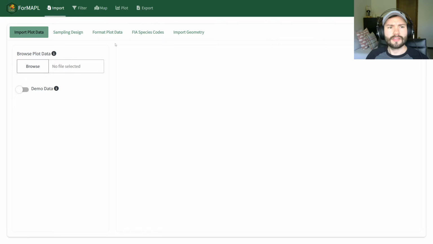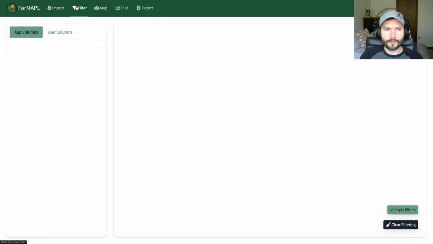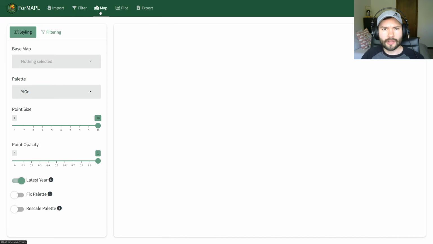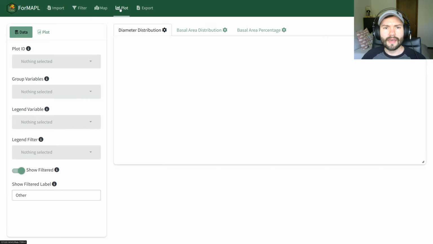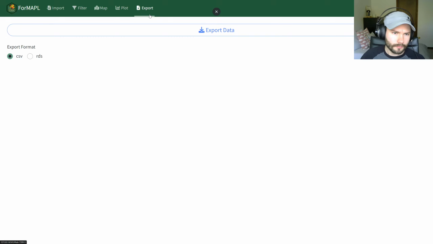Okay, so let's go over the layout of the app. On the top here, we have what we call a tab layout. Each tab is shown here on the top. We have a tab for importing your data, for filtering your data set, for visualizing the map or the plot locations of your data as well as its geometry, and for creating graphs or plots, just standard distributions, basal area distributions, and basal area percentage graphs. And finally, we can export our data with the Export tab